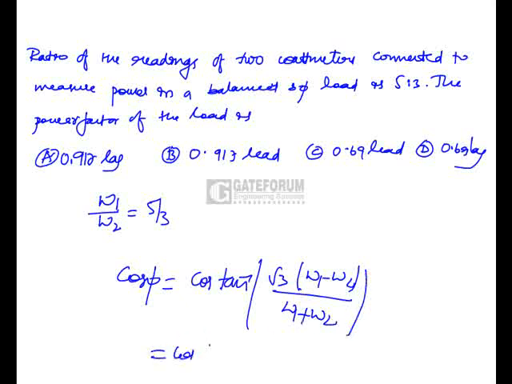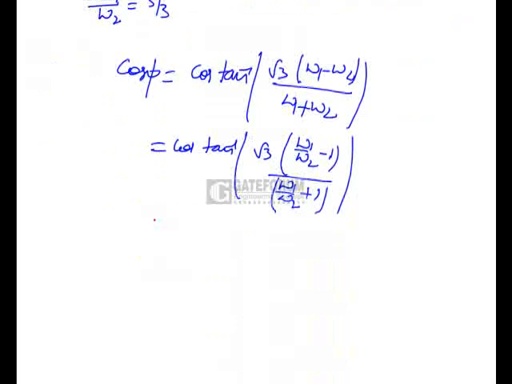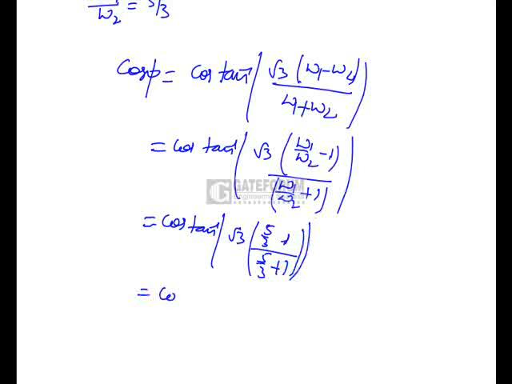Now I can write this as cos of tan inverse of root 3 into (W1 by W2 minus 1) divided by (W1 by W2 plus 1). So what has he given? W1 by W2 ratio as 5 by 3. So this is cos of tan inverse of root 3 into (5 by 3 minus 1) by (5 by 3 plus 1). So this is cos of tan inverse of root 3 into (5 minus 3 is 2) divided by (5 plus 3 is 8). So this is 1 by 4. You will get it as